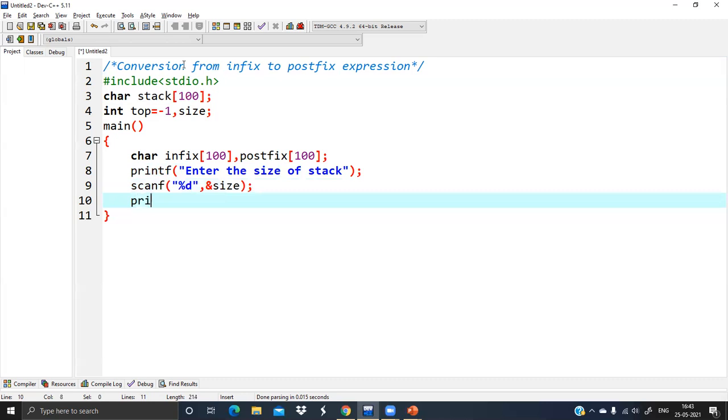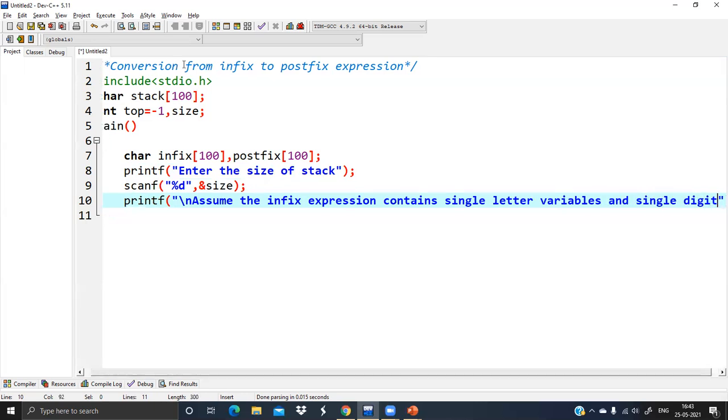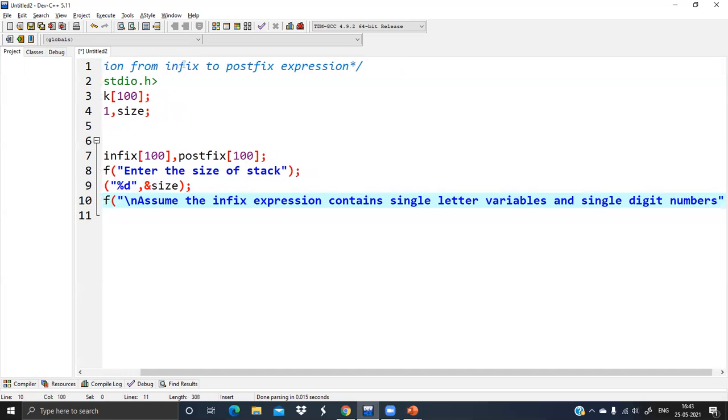For clarification to the users, let us write down: assume the infix expression contains single letter variables and single digit numbers.